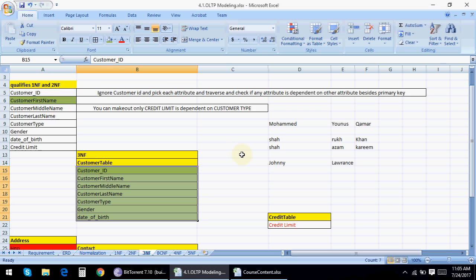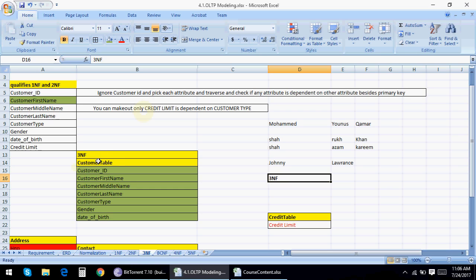There is no provision in a database where you can make redundancy completely 0. There will still be redundancy, but what matters is how much redundancy you are reducing. Third normal form is usually considered one of the best normal forms where you can avoid a lot of redundancy. That's why you also call OLTP modeling 3NF usually, because third normal form is considered a perfect normal form, where most of the redundancy is reduced.